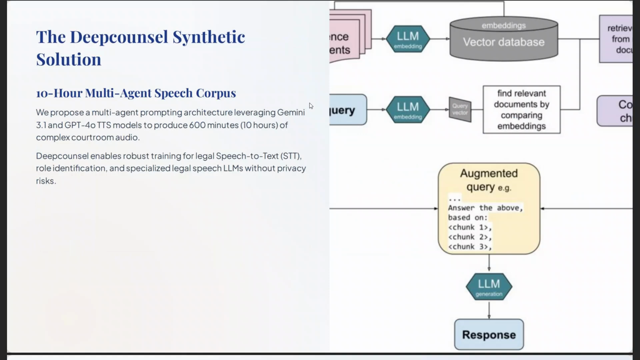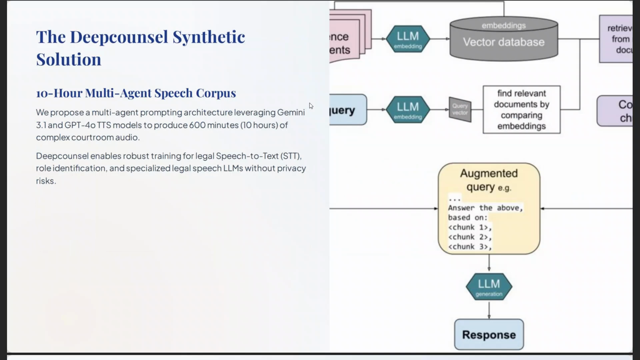So the Deep Counsel synthetic solution is a 10-hour multi-agent speech corpus. What we are trying to do is create a 10-hour multi-agent speech corpus. We propose a multi-agent prompting architecture leveraging Gemini and GPT-4o TTS models to produce 600 minutes, or 10 hours, of complex courtroom audio. Deep Counsel enables robust training for legal speech to text, role identification, and specialized legal speech LLMs